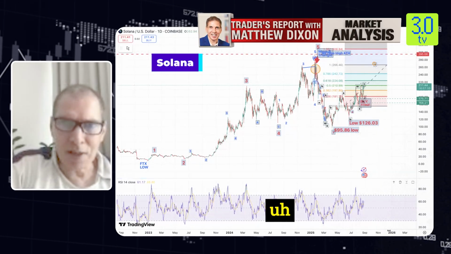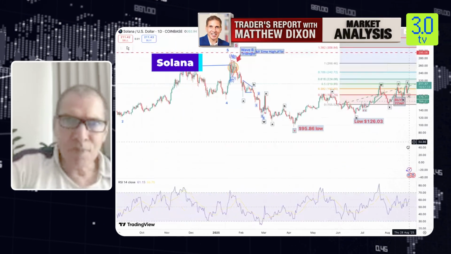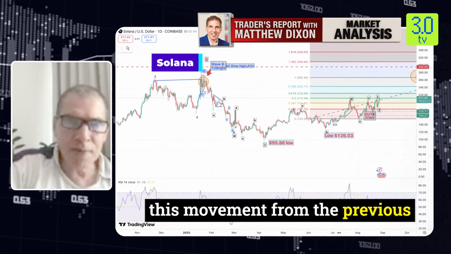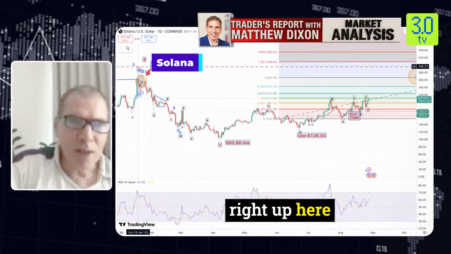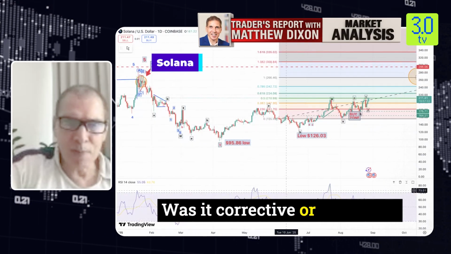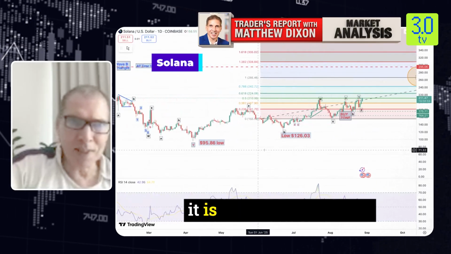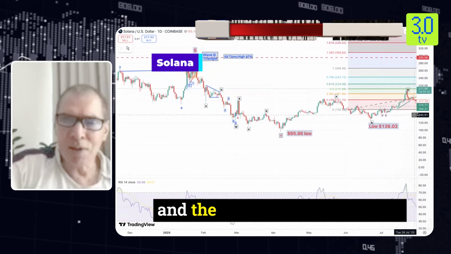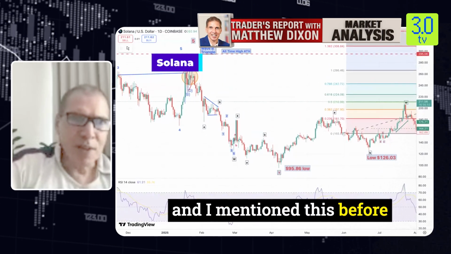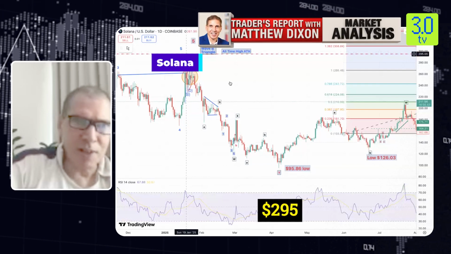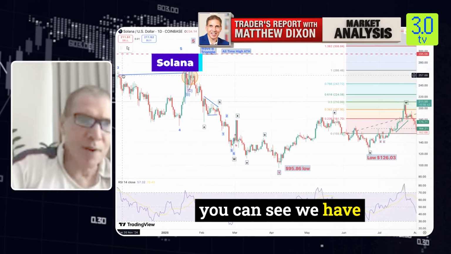So we're going to stretch this chart a little bit to open out and see this movement from the previous all-time high, which was $295 right up here, and look at the move down. Was it corrective or impulsive? Now, I would basically say, in my view, it is clearly a corrective move down. And the reason I'm so confident in saying that is, and I mentioned this before, that we have, from the all-time high of $295 here,